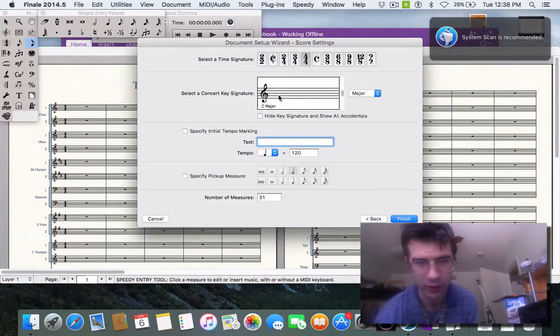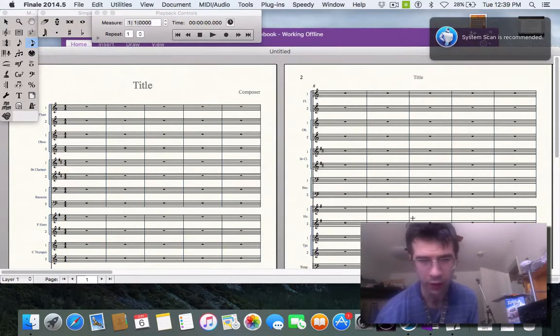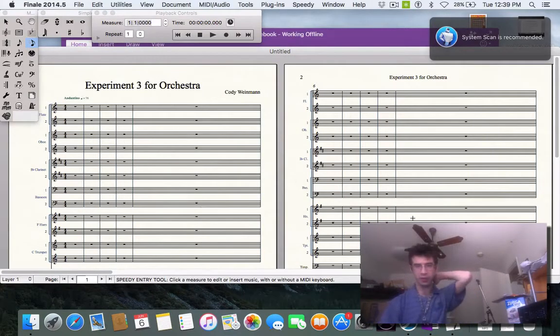And then click next. Key signature, we can select whatever key signature we want. And I'm going to go 76 for the tempo. Andantino, which is a little bit faster than Andante. If you want a pickup measure, you check this box. If you want to select the number of measures, you can just go in here and click it. And then finish. And it will finish setting up the